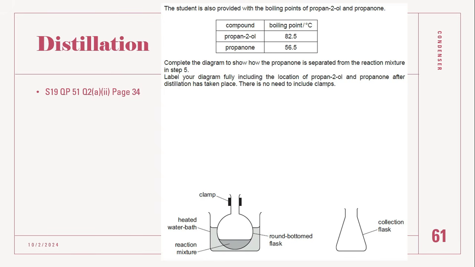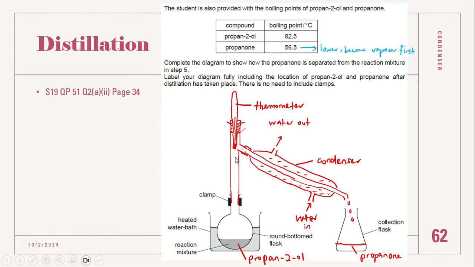Another question in summer 2019 for distillation, we are given the reaction mixture and then another flask for collection. This is an experiment to show how propanol can be separated from the mixture. Inside the mixture, there are 2 compounds, propan-2-ol and propanol. The boiling points are given. Propanol with the lower boiling point will form vapor first. So when the vapors are going up, they go through this condenser. This part is cold, so the propanol vapor will condense and become liquid propanol, which can be collected in this